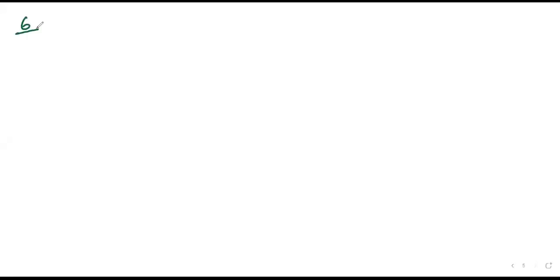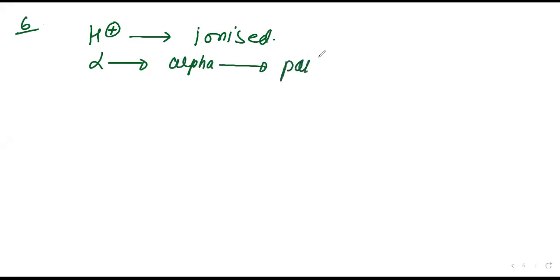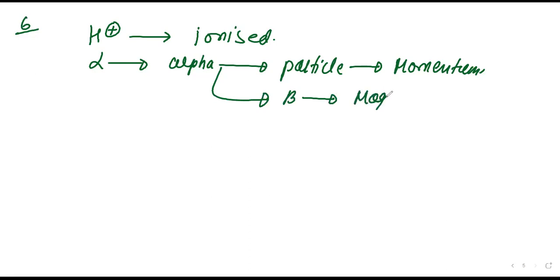Now see question number 6. A hydrogen atom is ionized, and an alpha particle with the same momentum enters perpendicular to a constant magnetic field B. It was asked in NEET 2019. So let's see